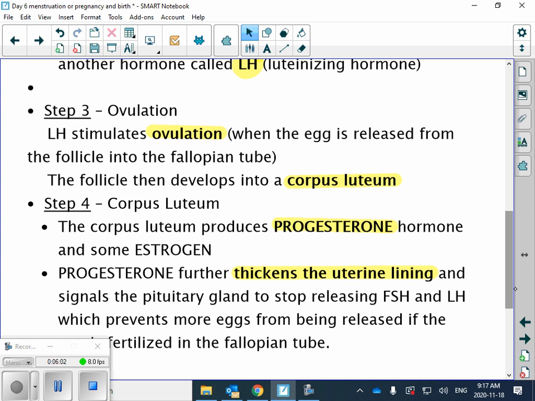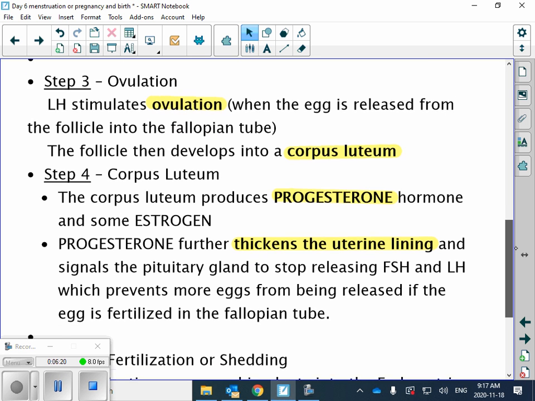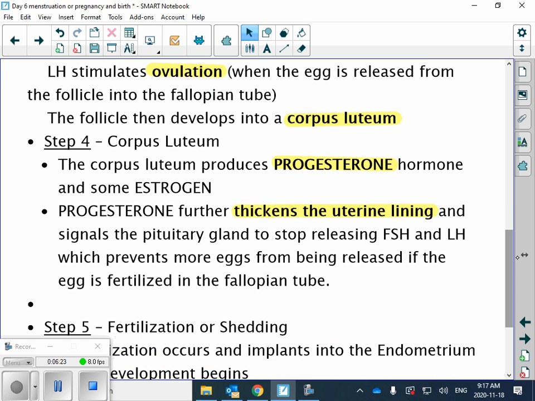And that scab in step 4 starts to make another hormone called progesterone. Okay, so progesterone is almost more like the pregnancy hormone. Does that make sense? So progesterone further thickens that uterine lining. And it sends messages back up to the brain to tell the pituitary gland to stop releasing follicle-stimulating hormone and